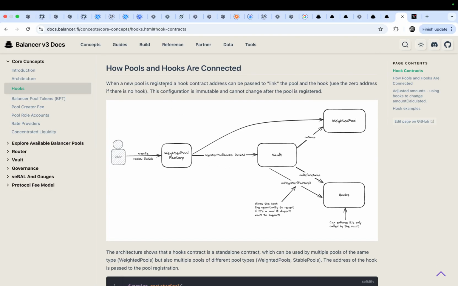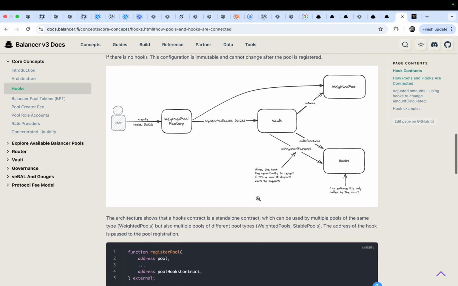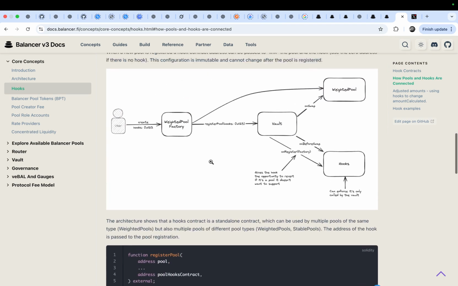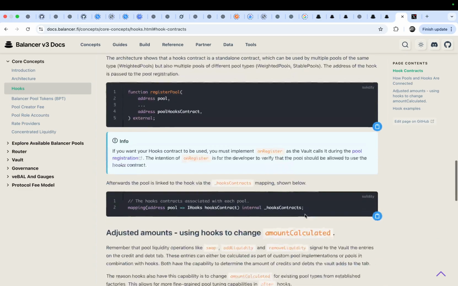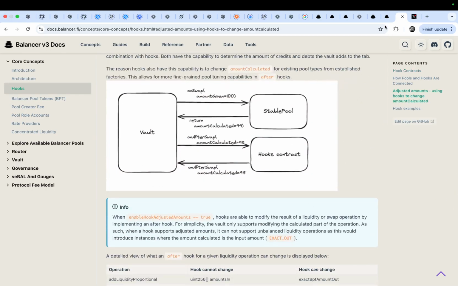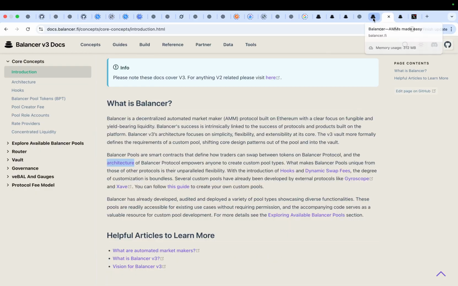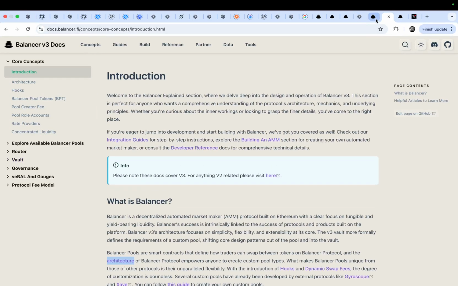And how pools and hooks are connected. Here are some connections. And in the end, I will try the features.